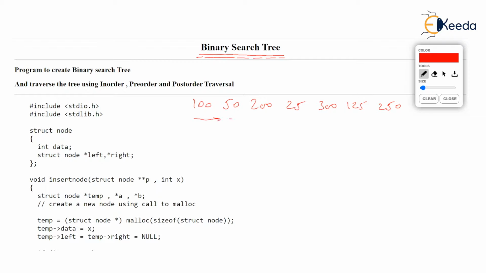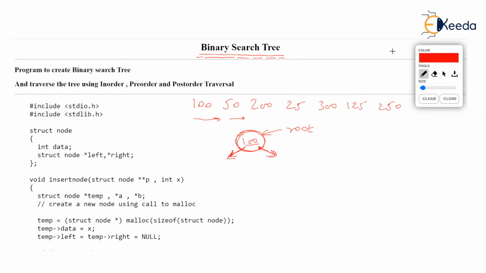The first data, 100, will be added as root, and the root pointer will point to the very first or the topmost node. Now, every node has two pointers, left and right. So a node structure is made up of three members: integer data, a pointer called left, which can point to a node, and a pointer called right, which can point to another node.